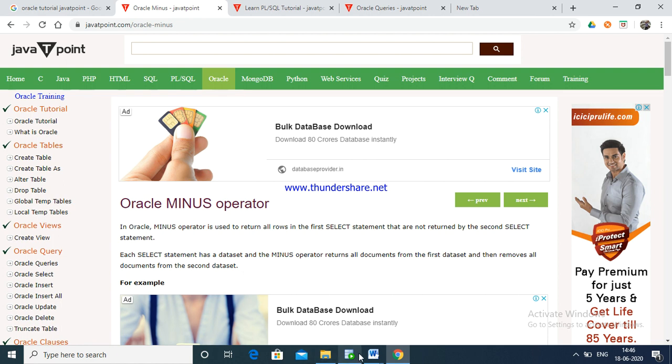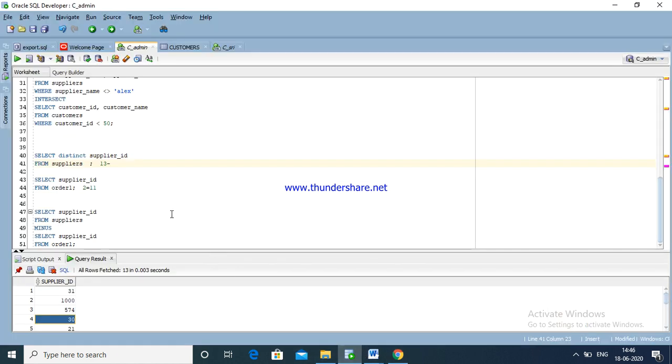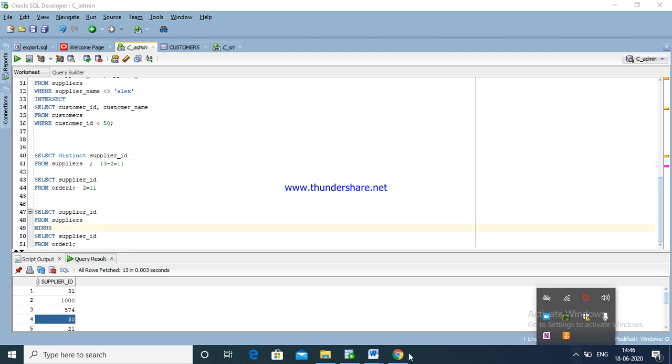This is the only thing that happens. This is the first data set, 13 records. From that 13 records, remove the second data set, which has 2 records. It will show 11 records. This is how we get the result. This way we are completing the MINUS operator.